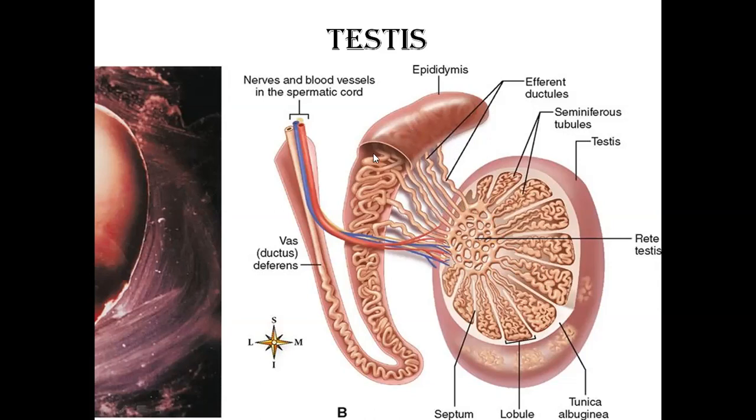And the efferent ductules actually constitute the long, highly coiled, highly tortuous tube, that is the epididymis. Now, the epididymis is said to be about 20 feet, or 6 meters, long. So it is highly coiled and tortuous throughout its length, so that the sperm takes about 10 to 12 days on average to traverse this epididymis, because while the sperm is traversing this length, it is matured. There is capacitation, it gains the power, and so it is a highly coiled and very long epididymis, which ultimately ends